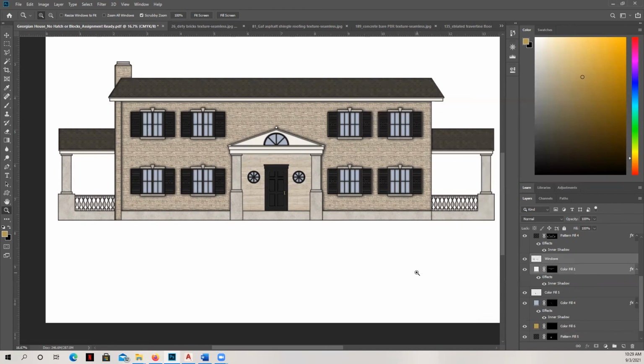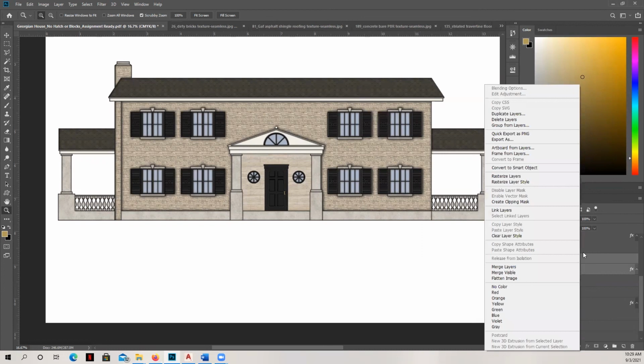Now, once you do this, you can't undo it. So I merged all of the layers related to the window, and then I duplicated that layer, and then I just copied it over, and then I merged those two layers, and then I duplicated the layer, moved them down and duplicated and merged them. And then all of this was a single layer.